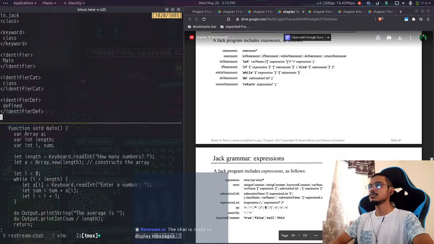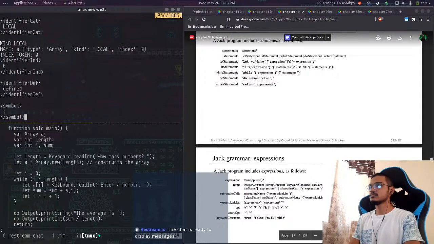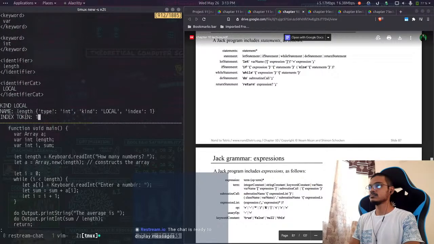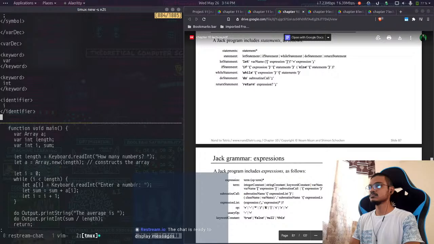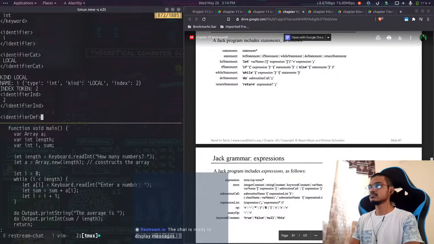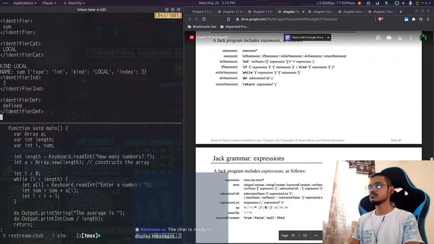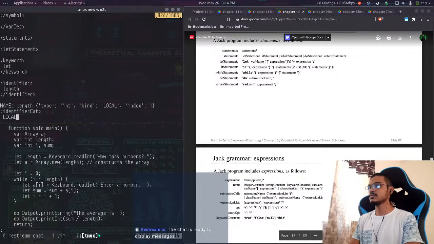Or didn't come across any string constant. How is that possible? Okay, it should be here. Look,